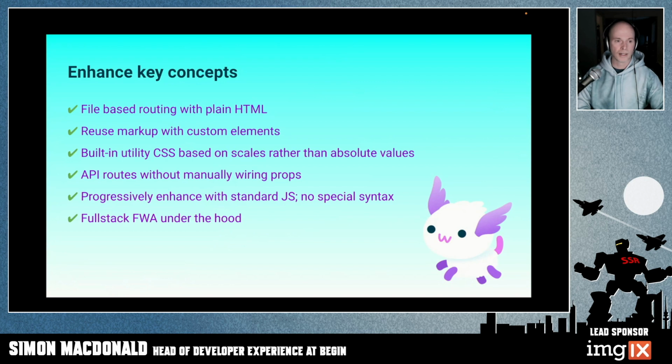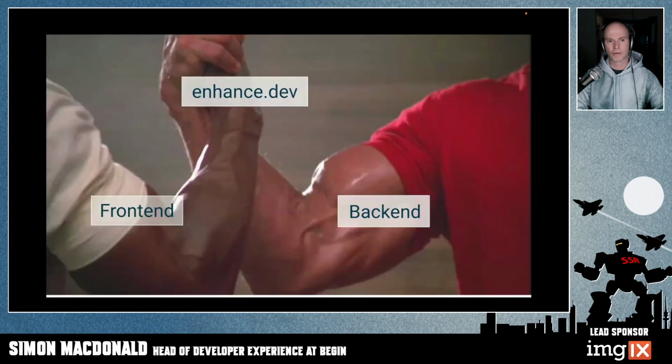And underneath the hood, we're using Architect to deploy this thing. We're using AWS to run your cloud functions, DynamoDB in order to be able to do your database. So it's a fully functional web app. So it has your infrastructure as code. It has your cloud database that is completely managed. Everything is pretty much being done for you. So with enhanced.dev, we're doing a pretty good job of bringing together both the front end and the back end. They can really agree upon things in this situation.